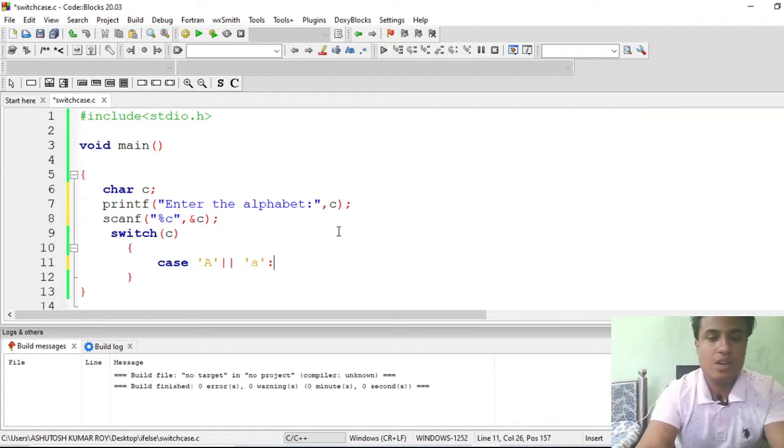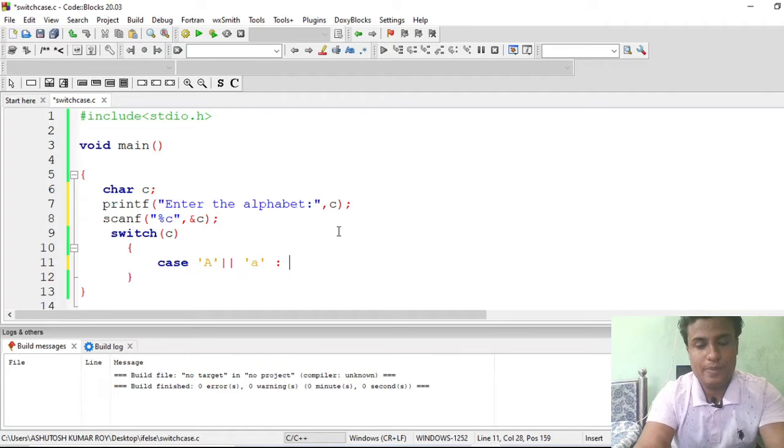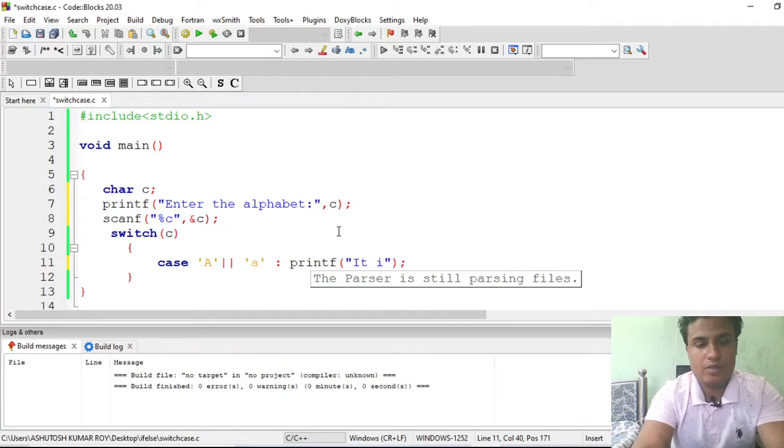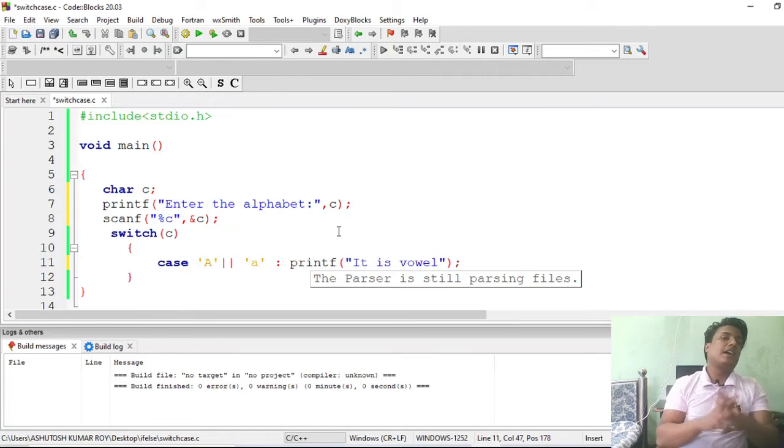So what will we do here? printf, it is vowel. Imagine that if you had to design it using if else, it would be: if the entered choice is equal to capital A or small a, then we print it is vowel.